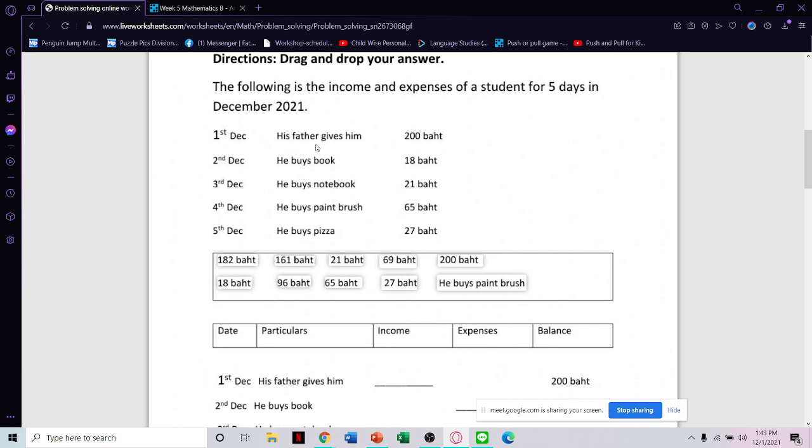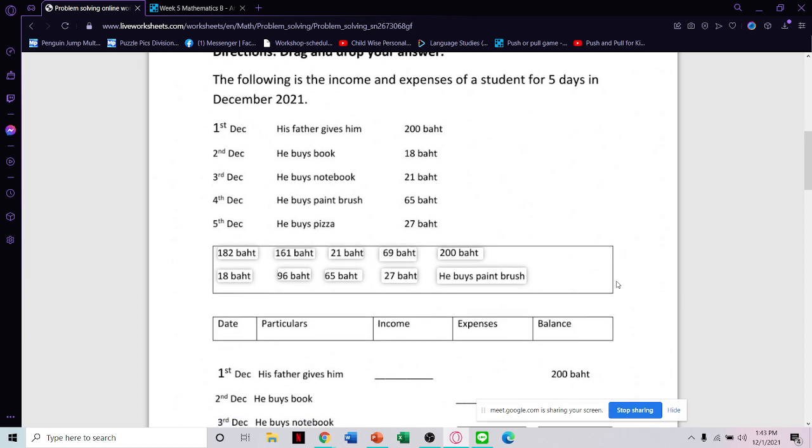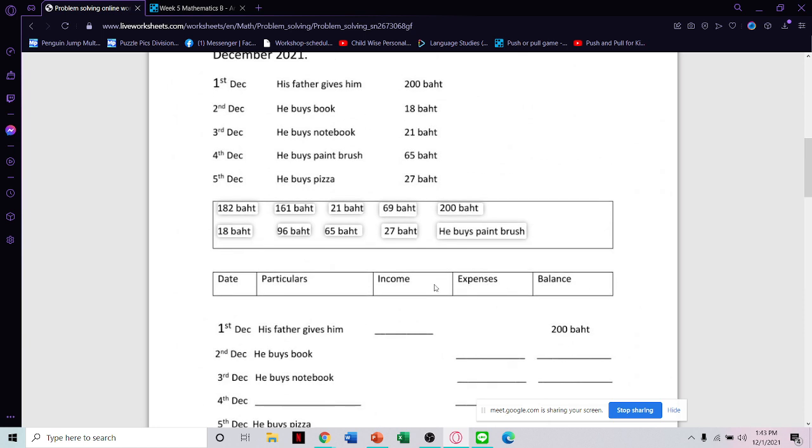On the first day, his father gives him 200 baht. He buys a book for 18 baht. He buys a notebook for 21 baht. He buys a paintbrush for 65 baht. He buys pizza for 27 baht. So here on the first part, his father gives him what? How much? 200 baht. On the second day, he buys a book for